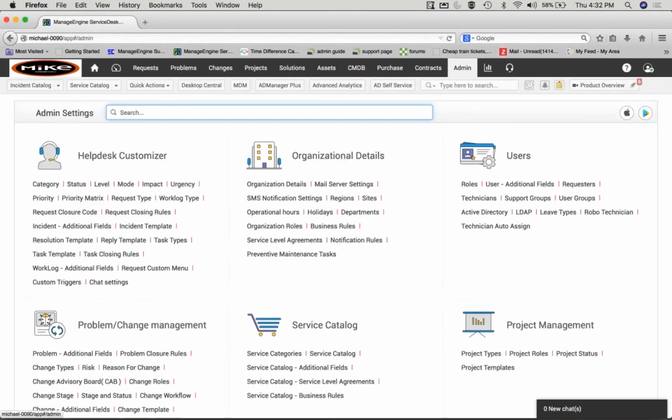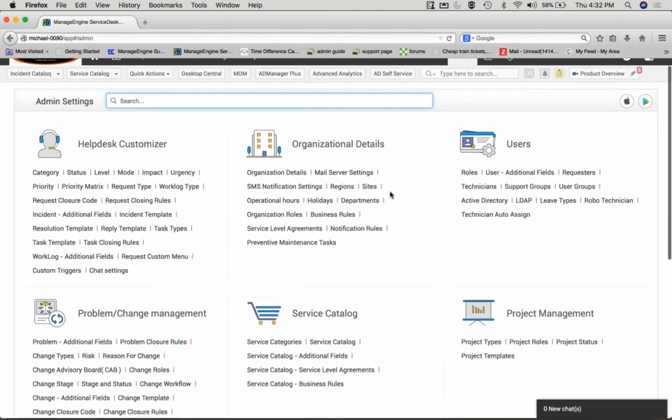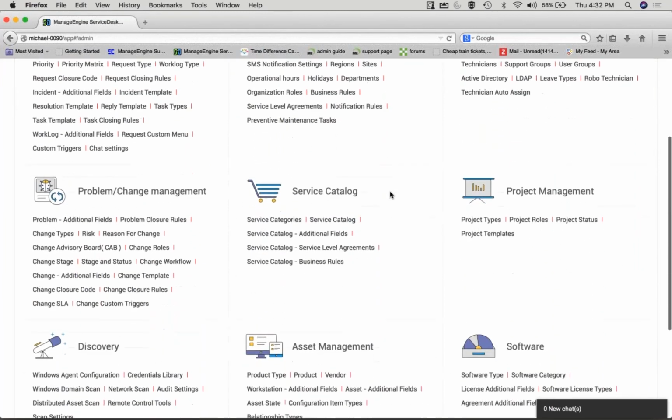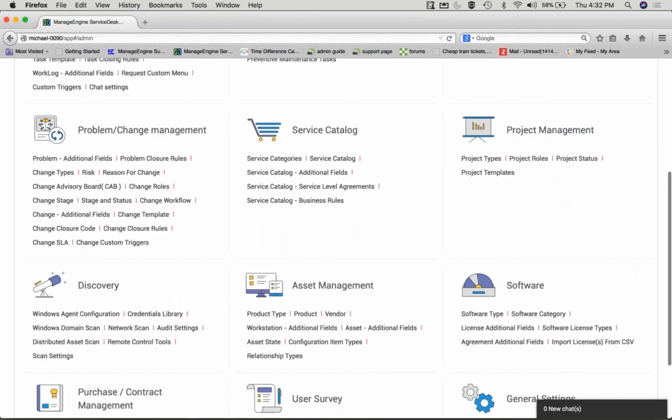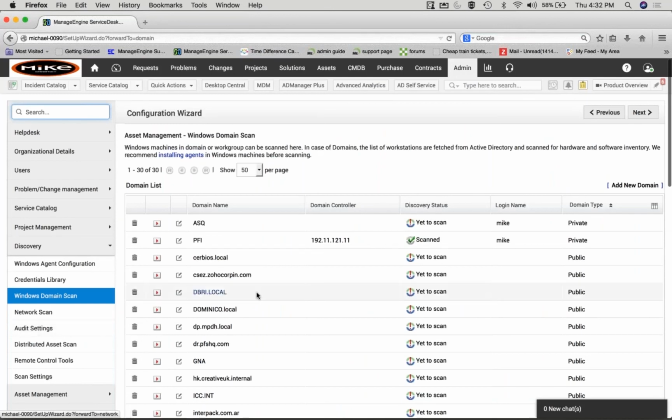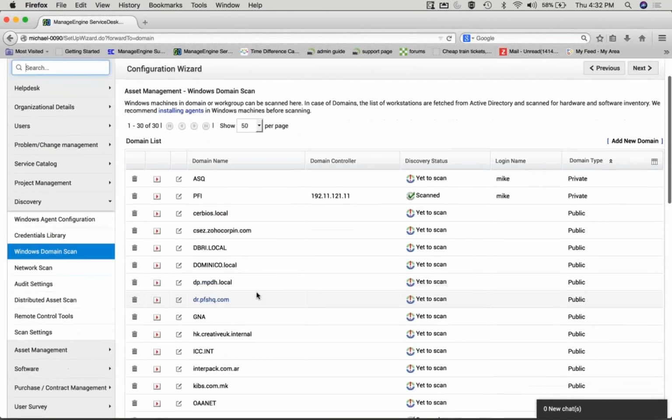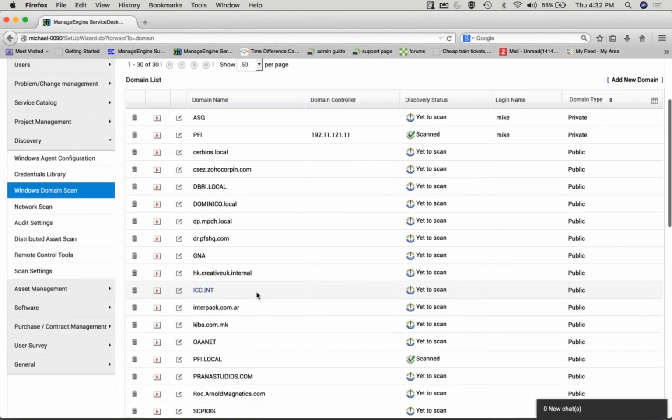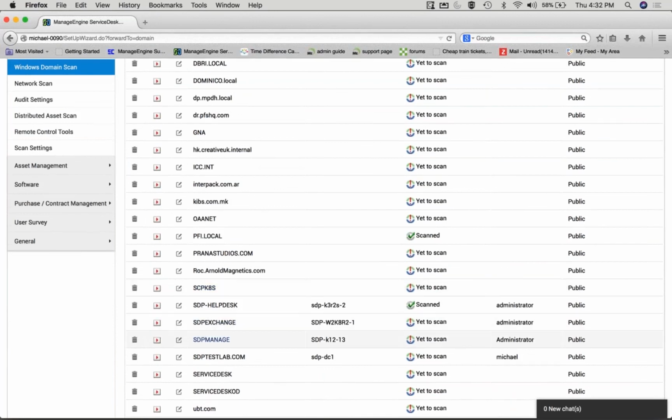So in the admin section, to import users, you have multiple options. One of the most recommended ways of bringing users into ServiceDesk Plus is configuring Windows domain with ServiceDesk Plus. To do that, go to the Discovery section, and under the Discovery section, click on Windows Domain Scan. In the Windows Domain Scan, the application will automatically identify the domains that are available in your network. Once it is picked up, you can configure the domain with the credentials and the domain controller. To configure it, edit the domain,